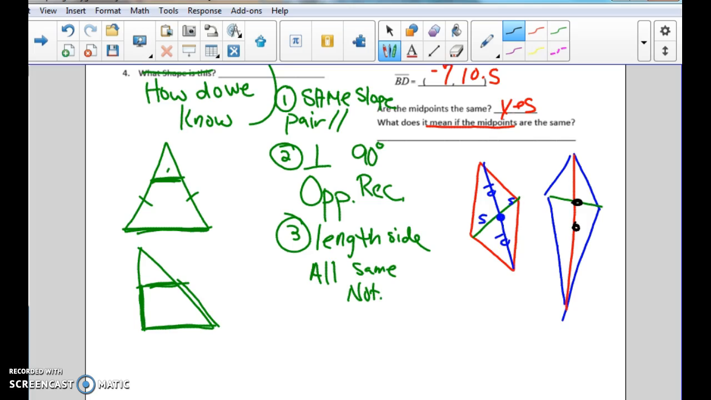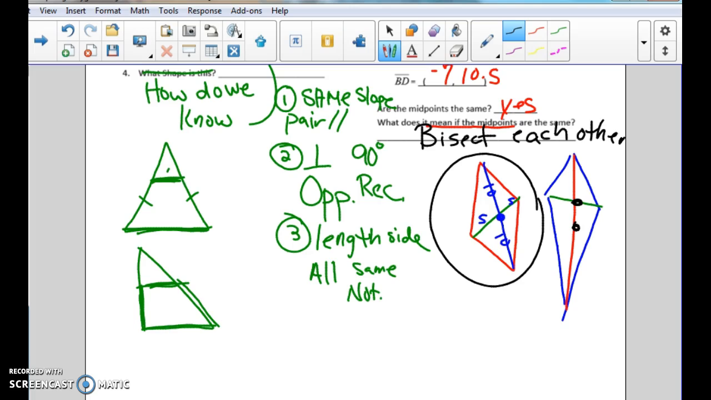So when they do this and they meet at the same point, what it means is that they bisect each other. What does bisect mean? Cuts in half. Does it mean that they're the same? Are all of these the same? No, I have 5s and I have 10s, right? Doesn't mean they're the same, it just means it cuts